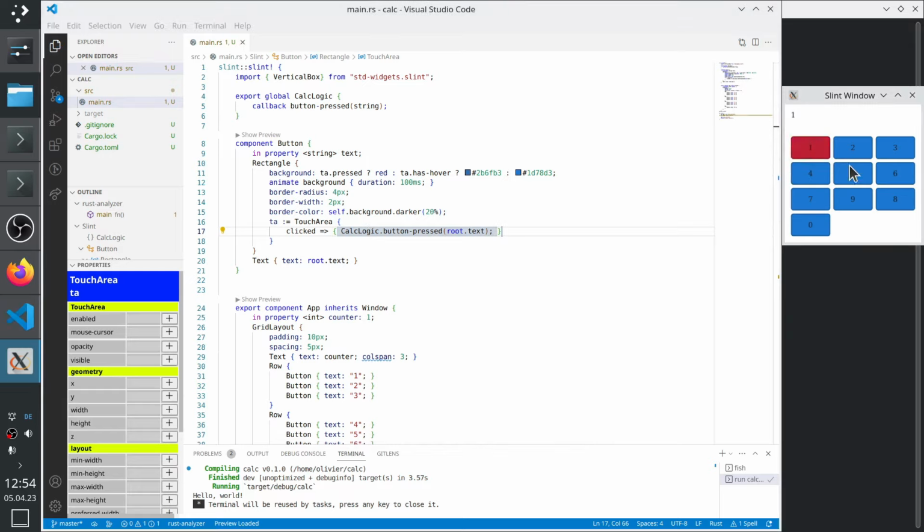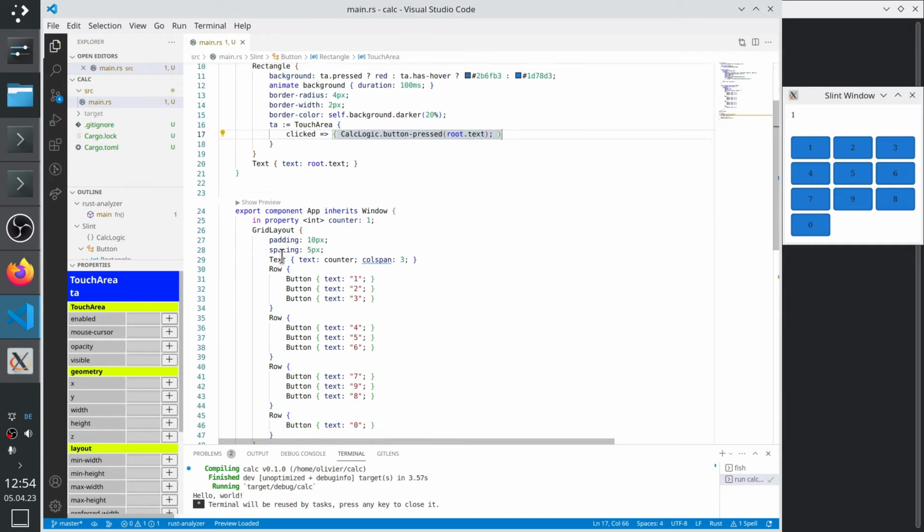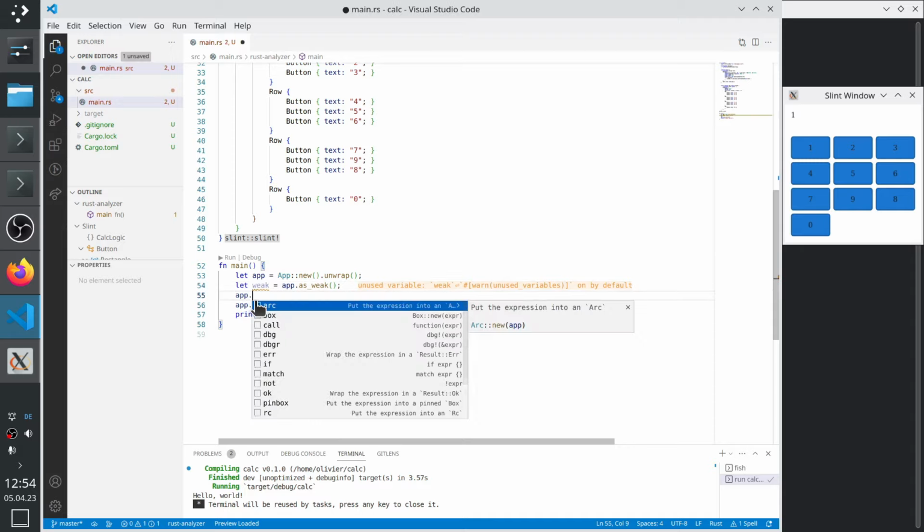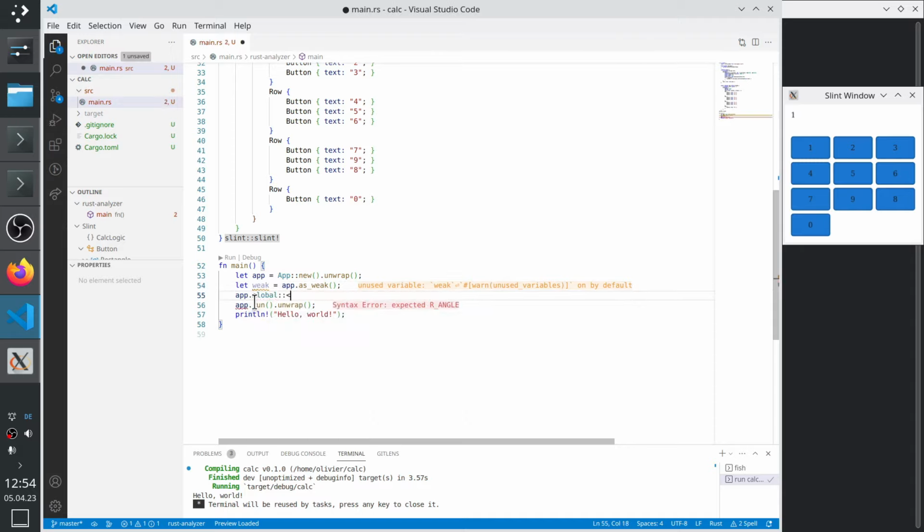Okay, now we're gonna do something so that it does something in the logic. So we have our weak, and we have global CalcLogic on_button_pressed, and there is the value of the button. And as before, we're gonna unwrap our weak